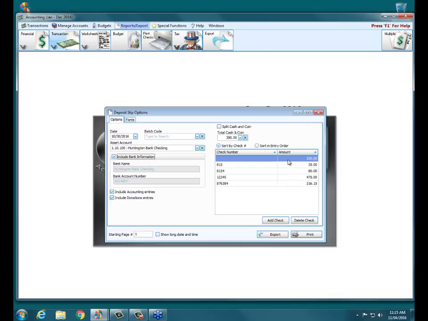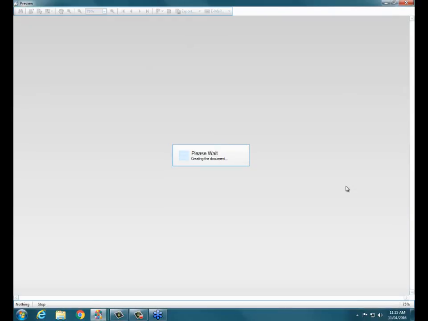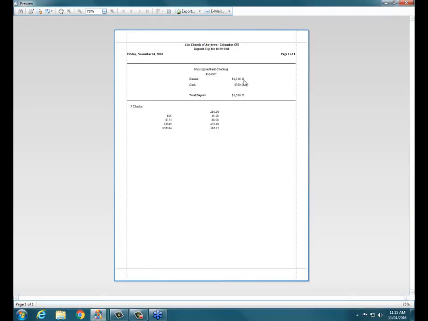So when we now click print, it opens up our deposit slip, and here's our list of cash and all of our checks that are separated for the deposit ticket. And notice it does include the bank name and bank account number, provided we have that entered in our chart of accounts.